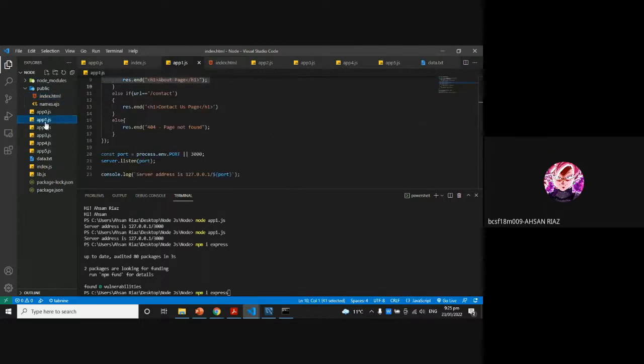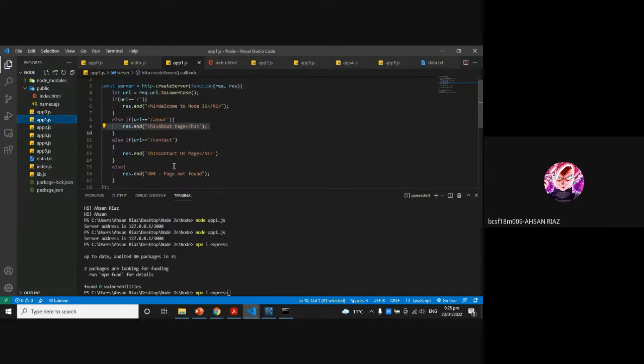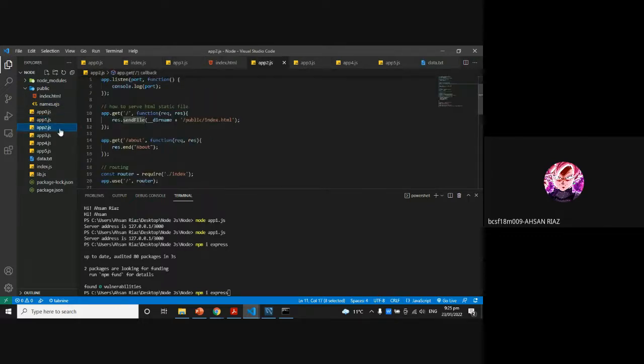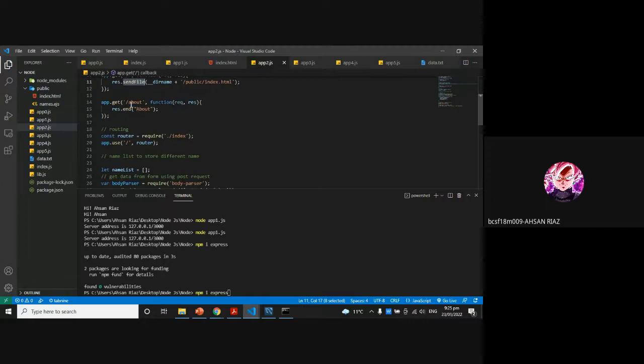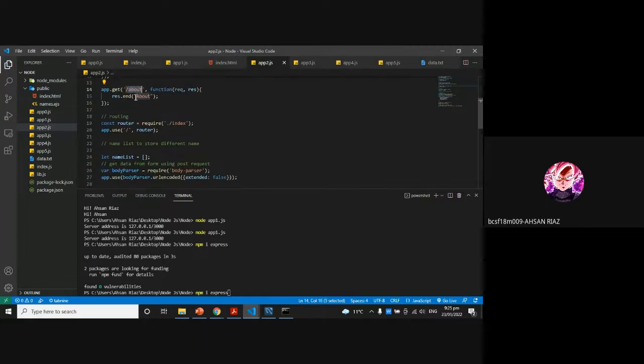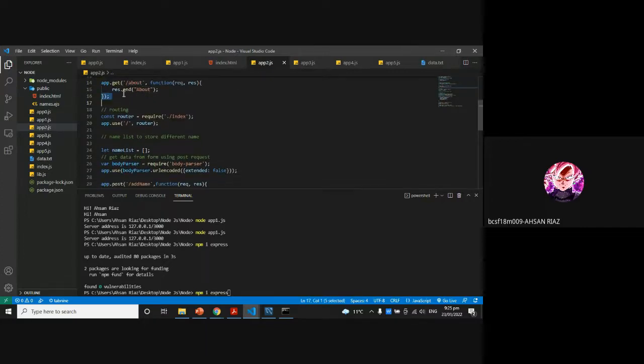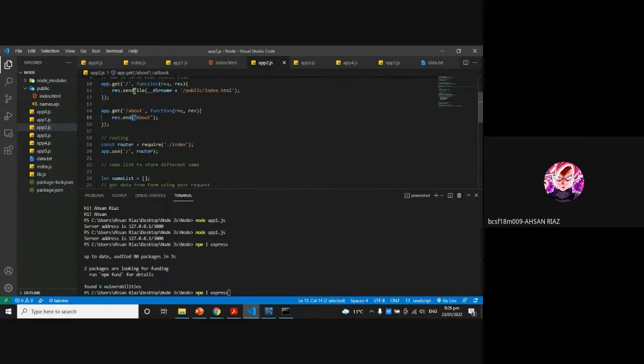We are in app 2. And second is the about route. You know it very well. We can use res.send method for this,